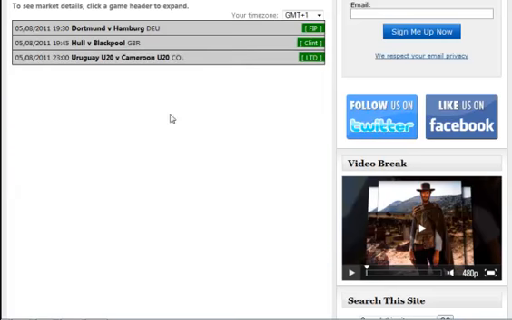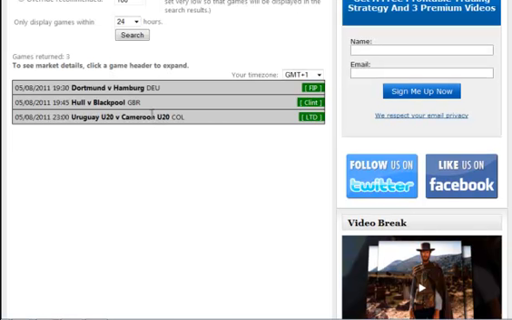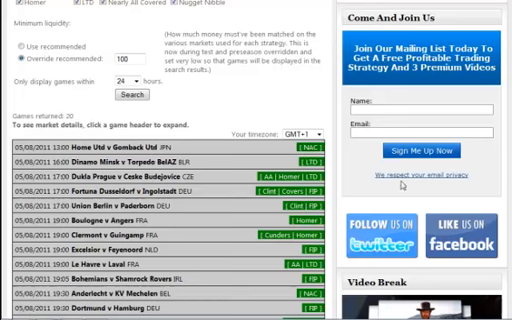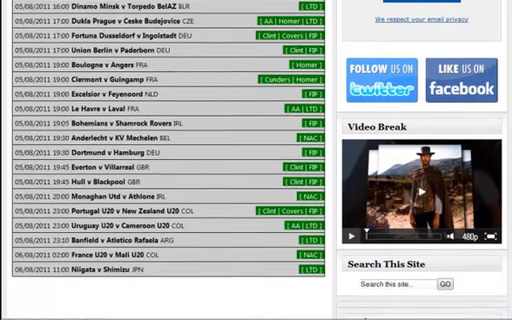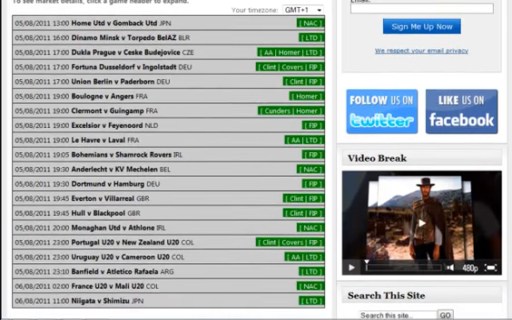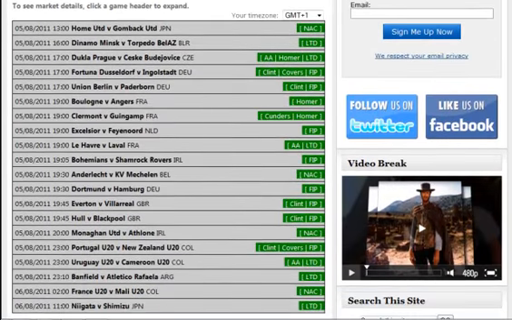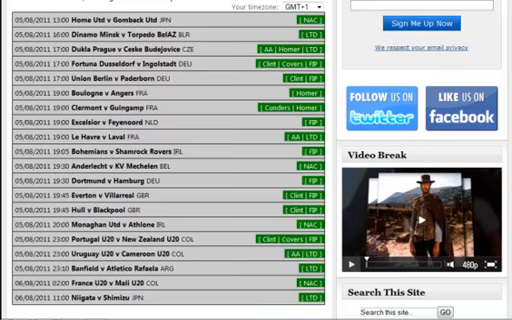Okay, so I think you can see there that if we drop back in here now and do an override setting, obviously in reality you wouldn't really do this, but if we click this search button, you can see it's going to bring up a hell of a lot more games, because we've turned the settings right down here. We're only looking for £100 to be matched in any particular market for it to be a possible selection. So that's going to be a hell of a lot more